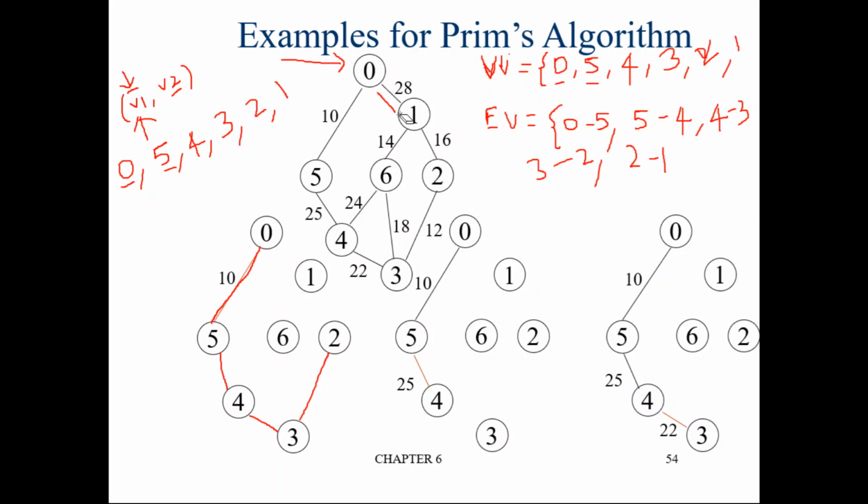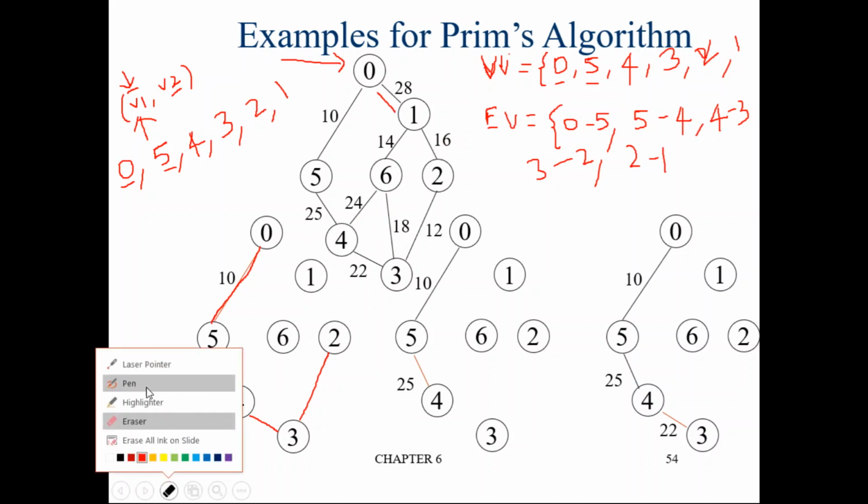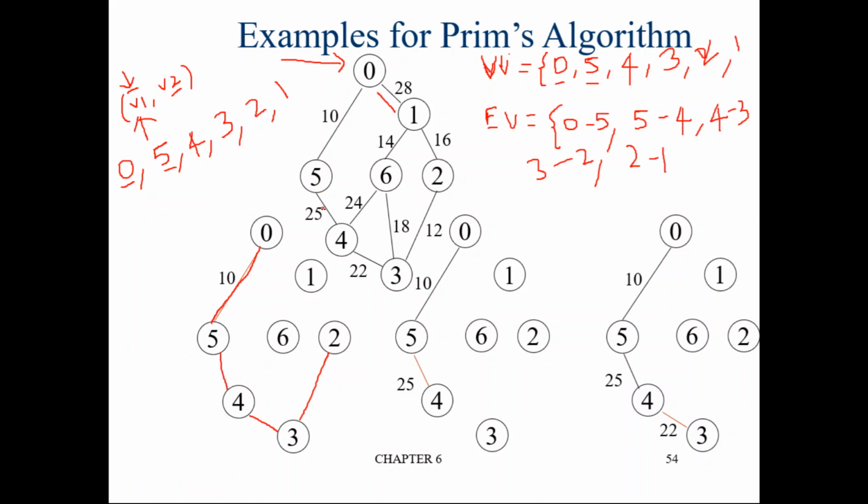So again, if you start with 0, we have this option 0 to 1, and from 5 there is nothing. 4 to 5 added, 4 and 5 both are in the vertex list. 4 and 6: 6 is not, so still we have this option. 4 and 3 both are in the vertex list, so we cannot. From 3, 3 and 4 are both in the vertex list, but 3 and 6: 6 is not in the vertex list, so 3 to 6 we have this option. 3 to 2, both are in the vertex list, so we cannot take this. From 2, 2 and 3 both are in the vertex list, so no. 2 and 1 both are in the vertex list, no.